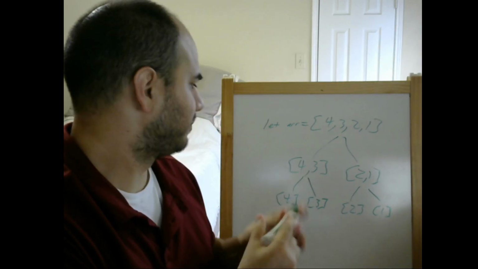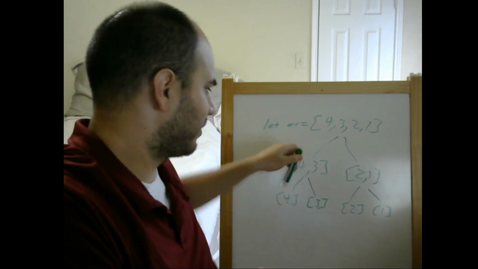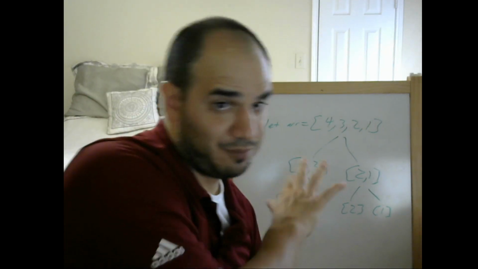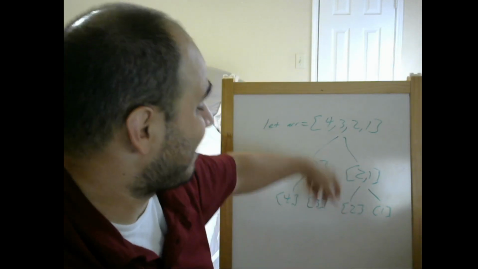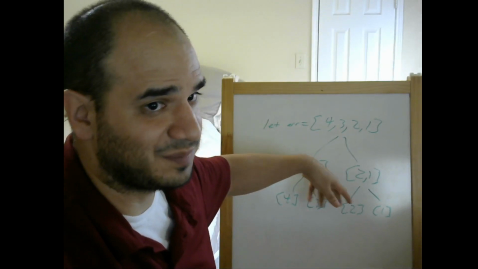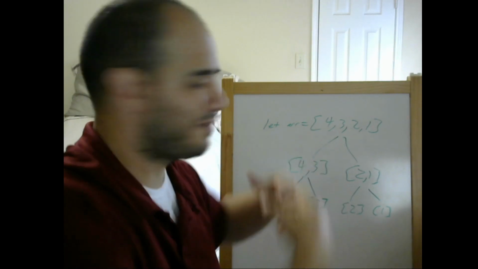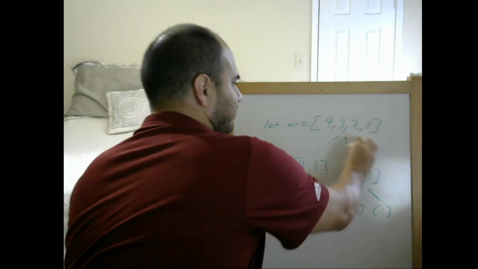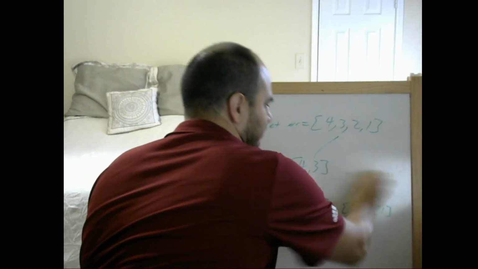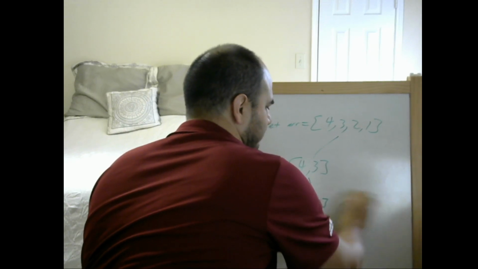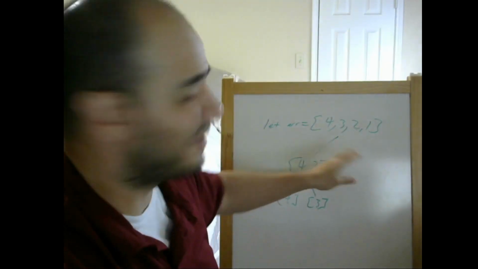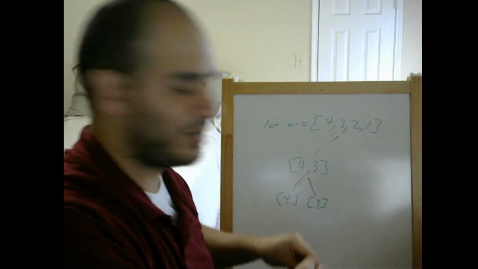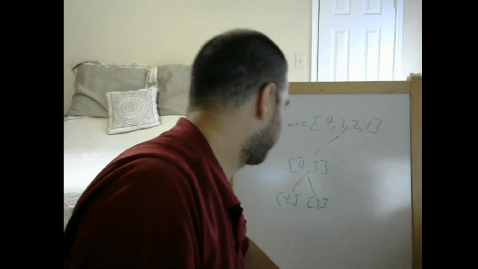And so as it's going through and doing this, logically, this is what's happening. It's breaking it down at every level until it can get back together. But the order that it's doing it in is one half at a time. So it's dealing with this left half of the array, and it continues to break it down. And then